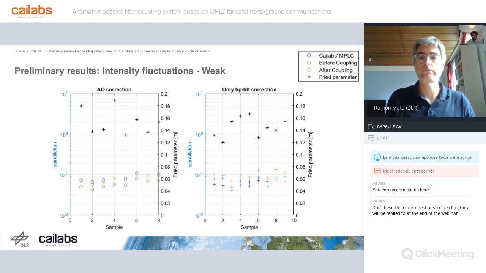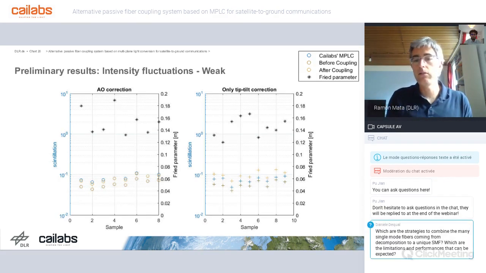Then we had a photodiode after the adaptive optics system, but before coupling. So that's the red circles. And that is a photodiode which is large enough to catch all the focal image. So it means the red circle represents the best we can get. So it's our goal. It's focusing the 10 centimeters aperture of the telescope towards the photodiode. And that is our reference. So better than that, we cannot do.